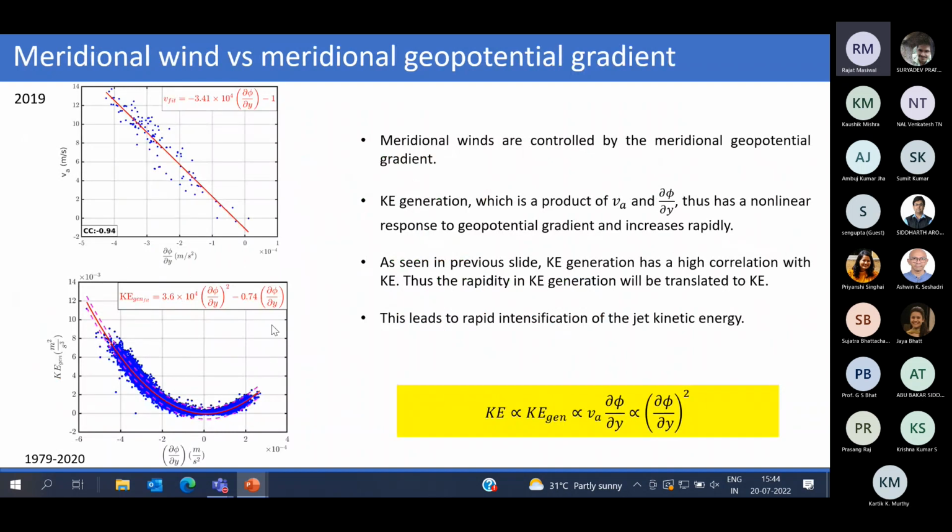When you do a least squares fit, you get an expression like this. So this tells us that the kinetic energy generation has a quadratic relationship with the geopotential gradient,